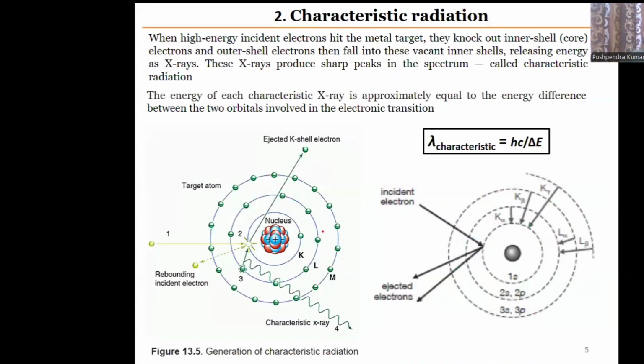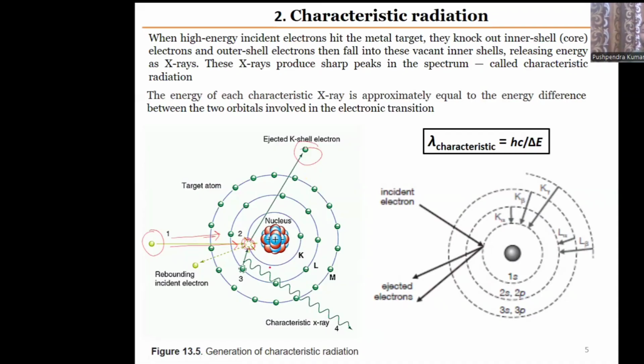In this phenomenon, a high energy electron comes towards the metal target, and as it hits the metal target, it can collide with the outer shell electron of the atom, knock out this electron and generate a